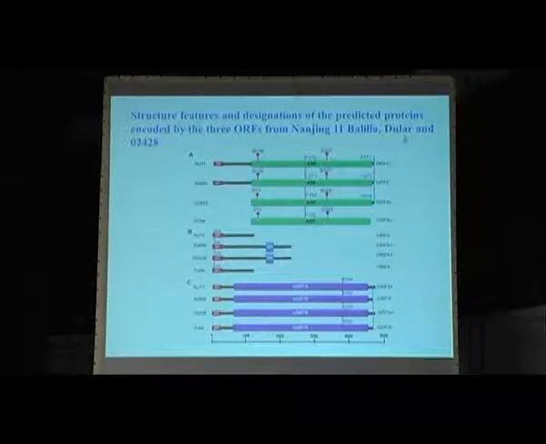So ORF5, as we said, indica and japonica differed by 2 nucleotides, both of them cause substitutions of amino acid. And then the wide compatibility group with a missing signal peptide. And then if we go to ORF3, which encodes heat shock protein 70, then it differed at the very end,